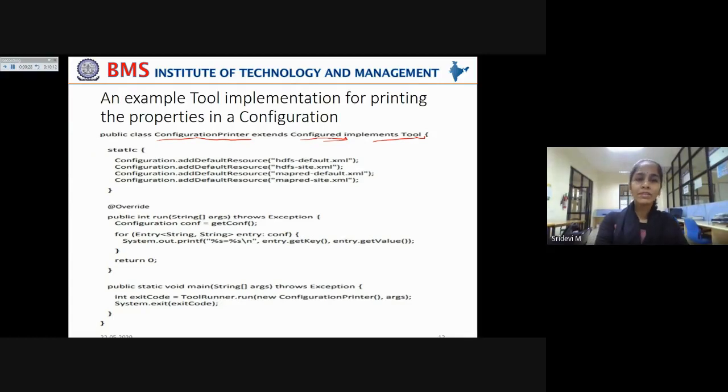Okay, now we have a static block here which has to be run by default, and this calls addDefaultResource with the help of the Configuration class. What resources are you trying to add?